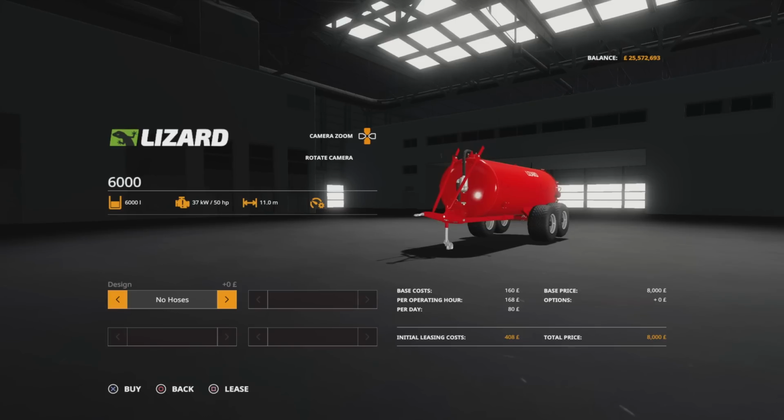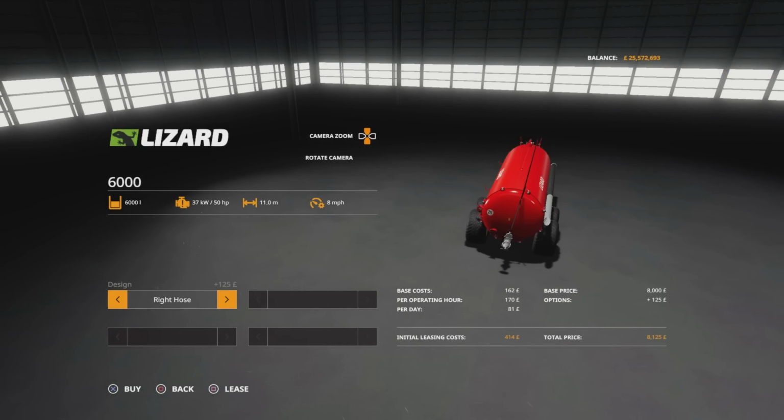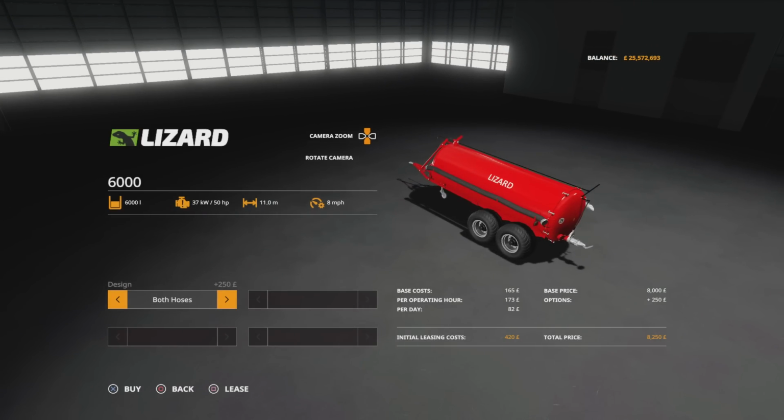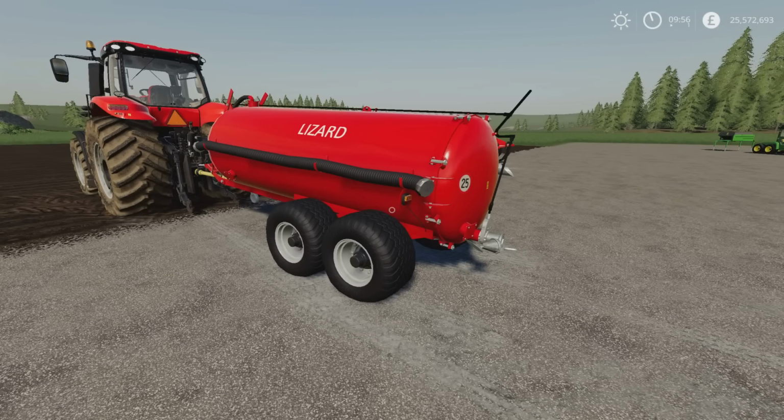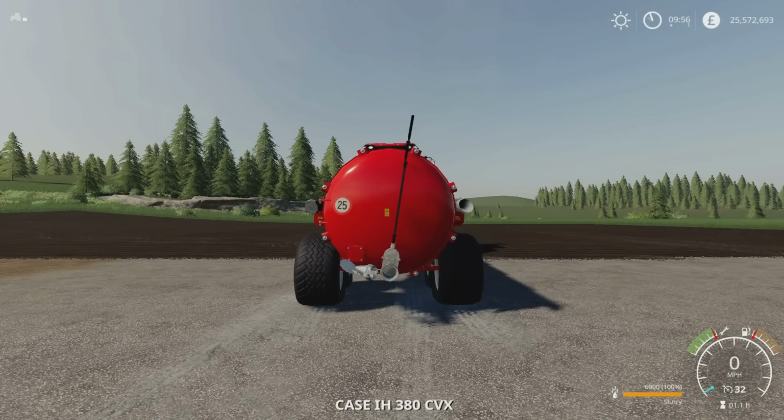4 slots on console for the first one. We have the option of no hoses, right hose, left hose, both hoses. There's no colour choices or anything like that. You get it as is. So all we'll do is,